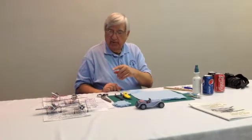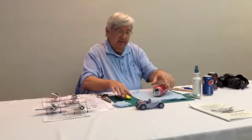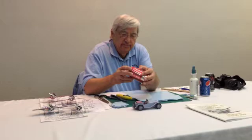The rivet pattern's been explained. Let's do a can. I'll show you my method. And you learn from doing these things. This has been dented a little bit. But